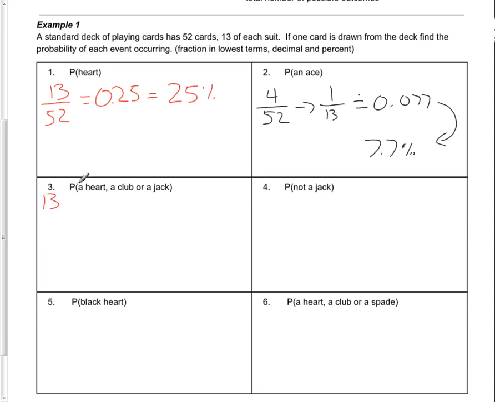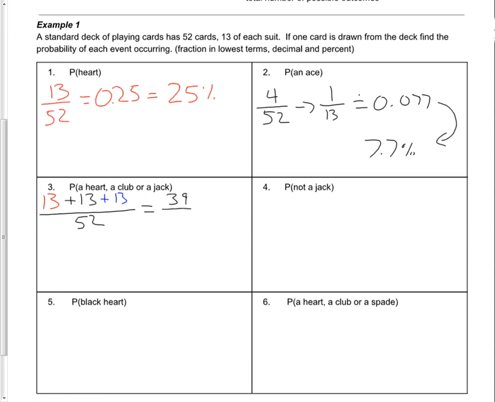There are 13 hearts, there are 13 clubs, and there are 13 jacks in a standard deck of cards. Okay, and this is out of a total of 52 cards. So if I add those three things together, that gives me 39 cards